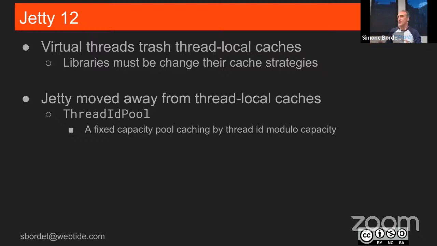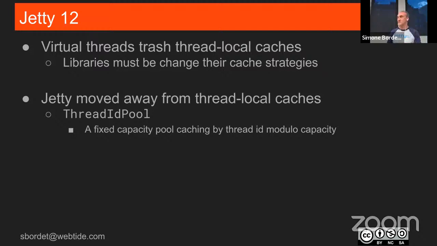You look at the thread local and say, hey, I don't have to do the job. I've already done it previously. I just reuse the results and I just do my work really fast now. Okay, because libraries were relying on the fact that you had a limited amount of threads outside that were reused.